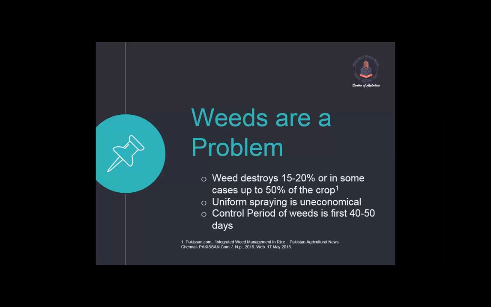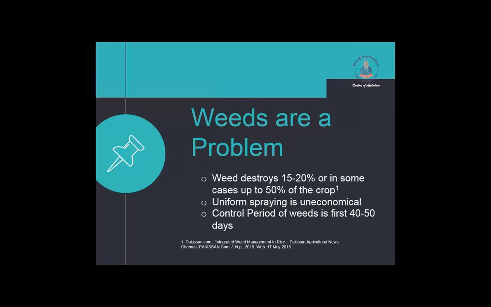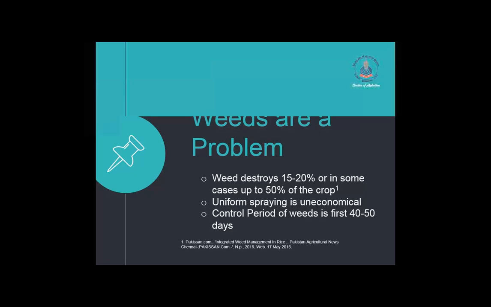So what we want to do is automatic localized weed detection in rice fields to avoid excessive uniform spraying, which will result in high-quality yield of production. What we want to solve is to avoid excessive uniform spraying by doing automated localized weed detection. So we want to automate the process. We want to use robots to do this detection.